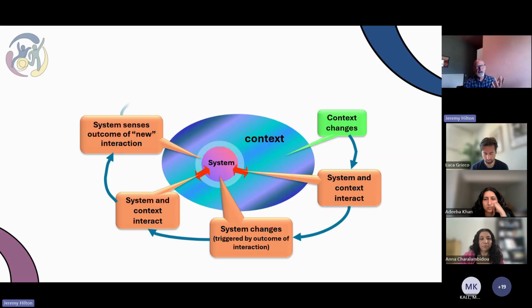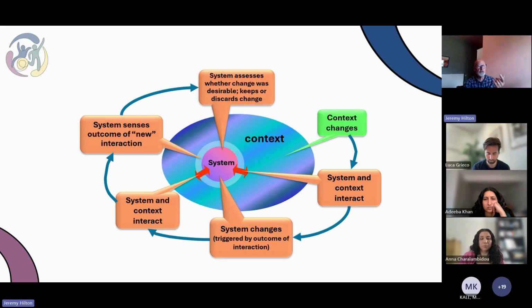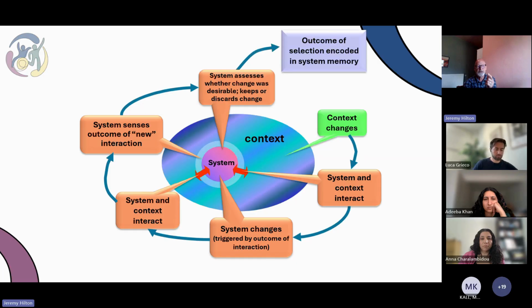Yeah, has it made things better? And decide, well, do we keep that change or do we need to adjust it? So the example here of the proposed SEND changes, the interaction was a lot of rejection or concern and response from the community, which might have gone back to the government, and they go, oh right, okay, we might need to adjust a few things, and then the interaction happens again and people respond to those changes, and the government then looks back, well, has that achieved it? Do we keep that change or do we discard it?